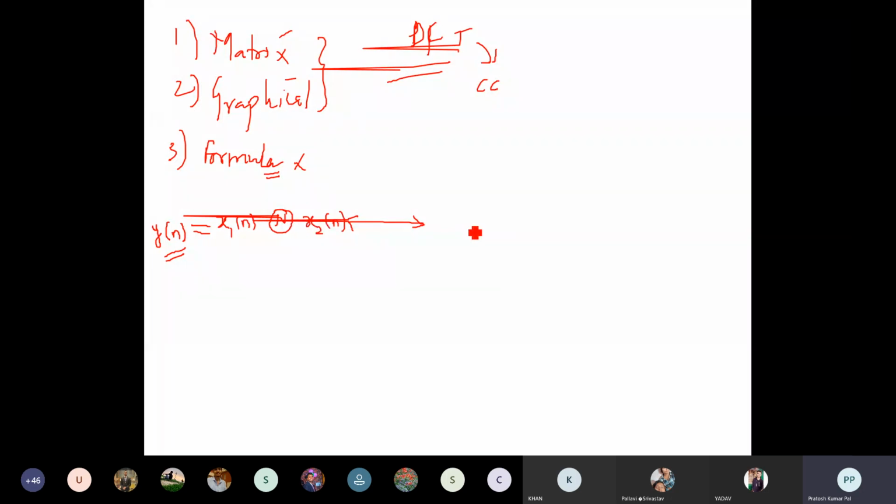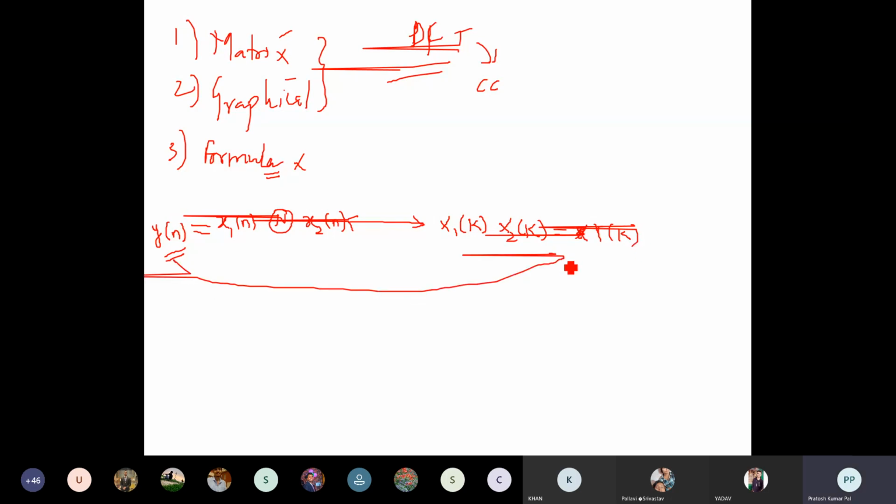So it will be the multiplication of the individual DFTs, X1 of k and X2 of k, and that will be equal to Y of k. That means if we want to find out the DFT of y of n, which is the circular convolution of these two signals, it is given by directly multiplying the individual DFTs of x1 and x2. That multiplication gives you the DFT of y of n. Okay, so we'll see that by an example.